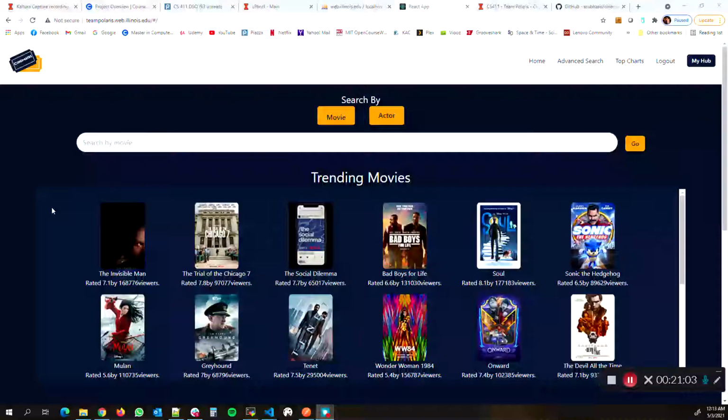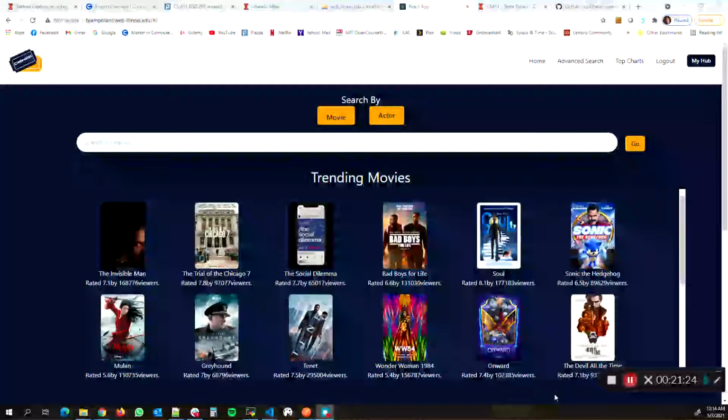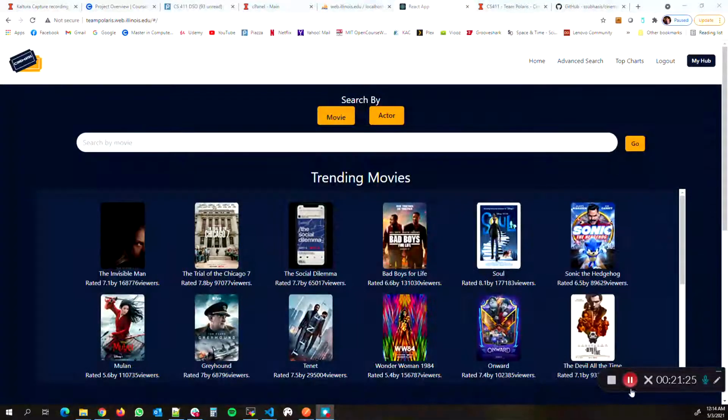And we are also planning to add the Twitter API to provide Twitter comments on the movies or actors. And as I mentioned also, in the top chart page, we are planning to add a new section for recommendations, an overall recommendation for a certain genre or certain year. That also we wanted to put into the top chart.